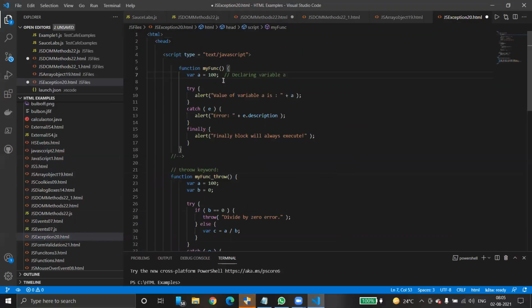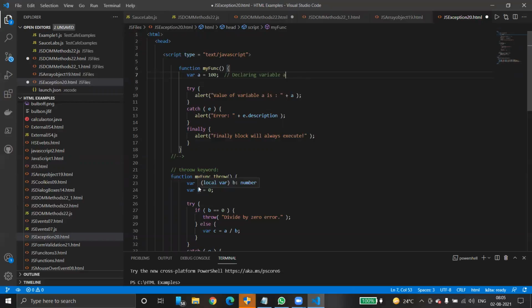Inside try we use an alert, and in catch, if we catch any exception, immediately it will open one more alert and show a description of the error. Finally, irrespective of the exception, it simply executes this code, that is in line number 16.